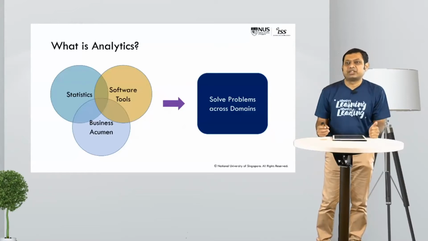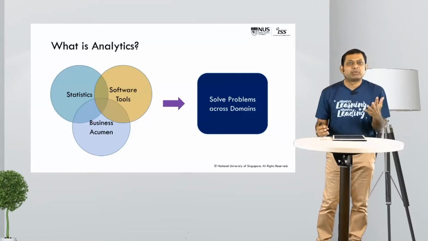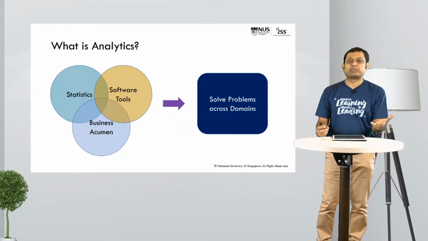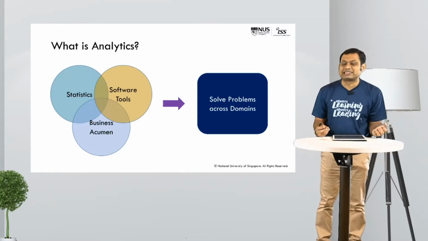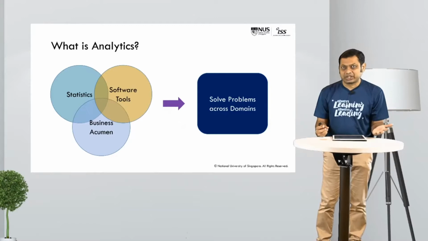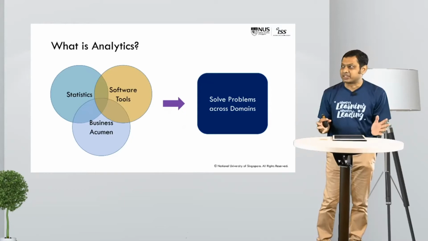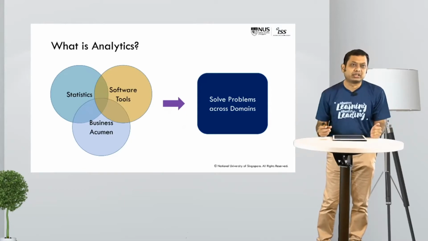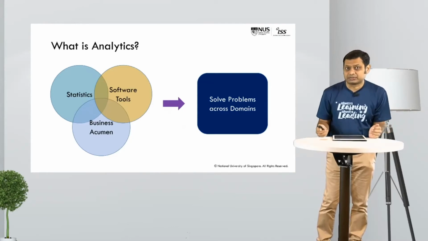Earlier, this particular slide would say solve business problems, but now it has turned out that problems exist in different places. Today, we are in the midst of an unprecedented crisis, the coronavirus crisis, and we know there are problems that we need to tackle. The social services sector is one of those sectors that has to tackle situations with analytics, and they're not really organized into one clear analytics unit. So if they have to build an analytics unit, how would they do that?